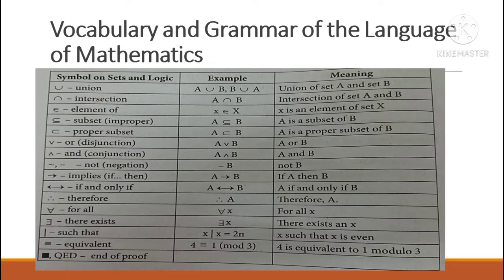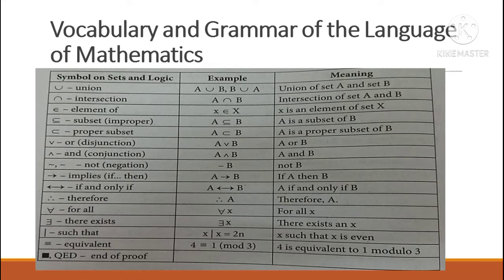Okay. So, we have the vocabulary and grammar of the language. So, what is the vocabulary? What is the meaning of that, class? So, sabi dyan class,